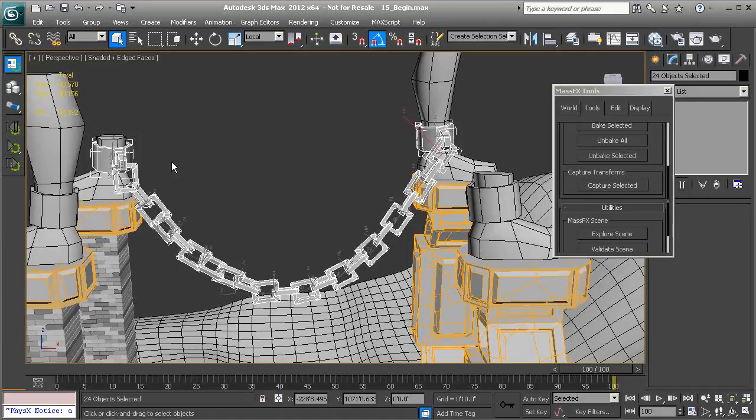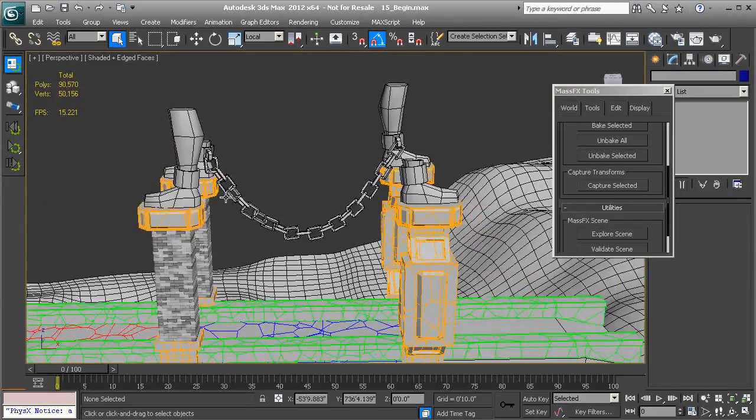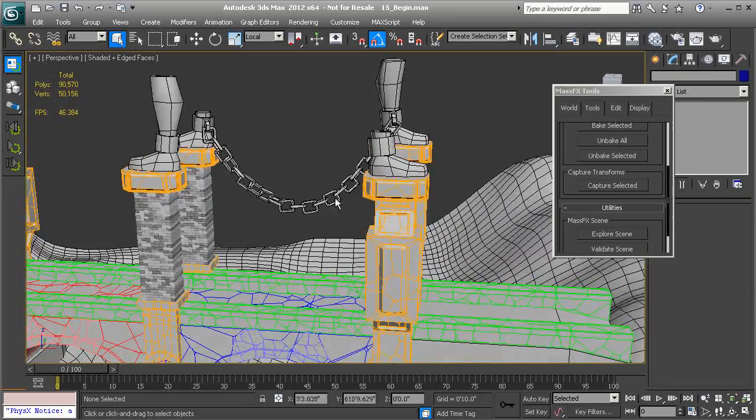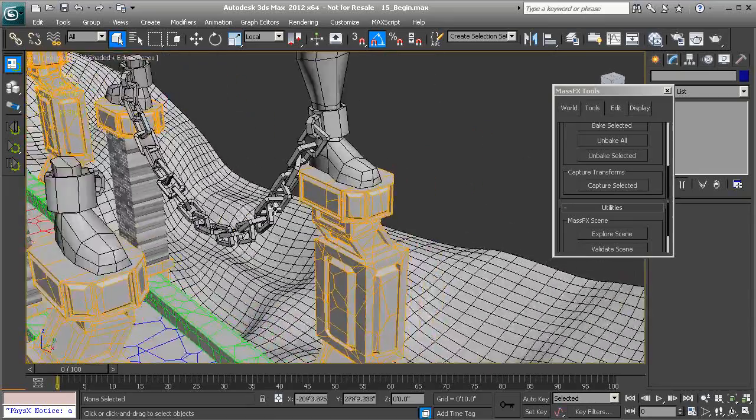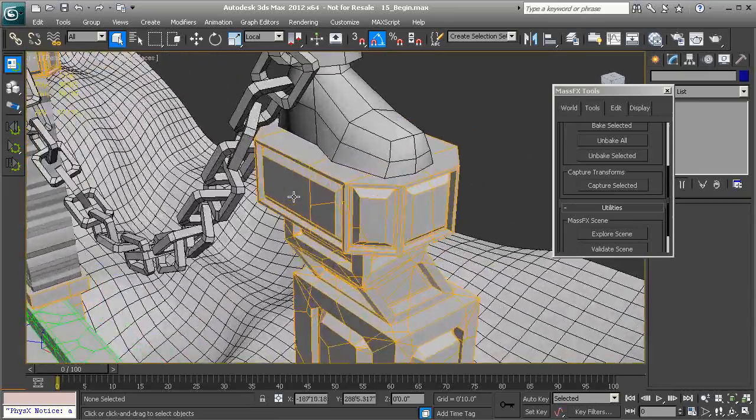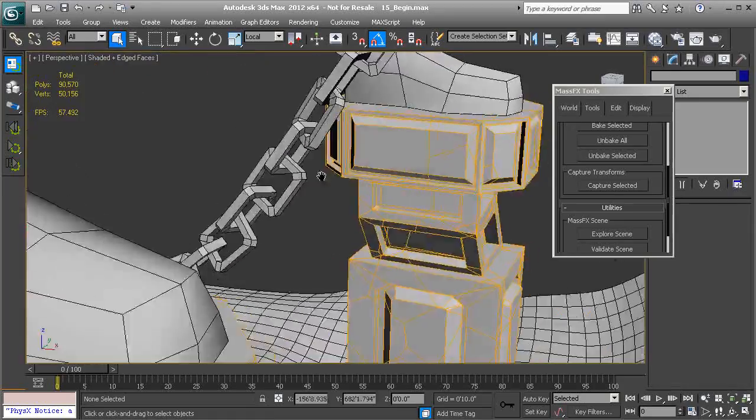Let's stop that. I'm going to capture selected just for good measure, and then reset that simulation. Okay. So we've done this part. We've got our chain settled. And what I want to do at this point is go ahead and reset